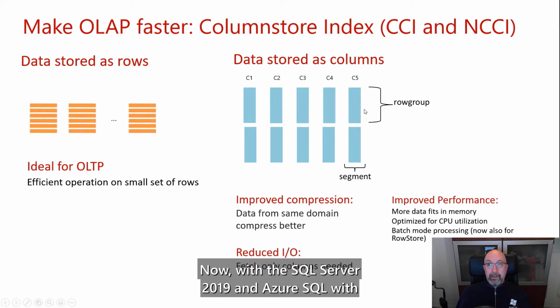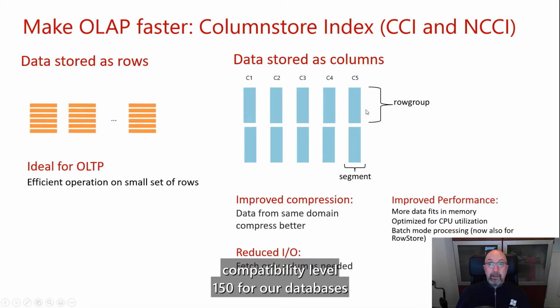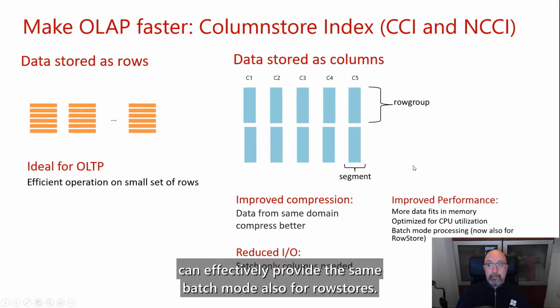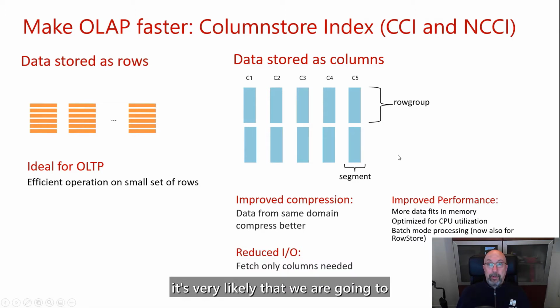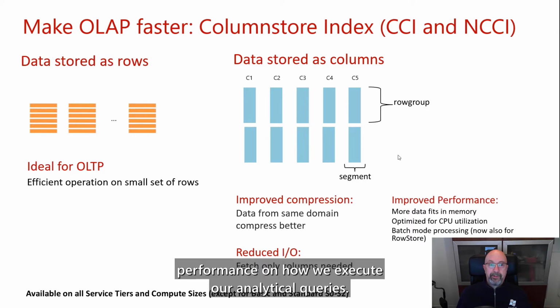Now with SQL Server 2019 and Azure SQL with compatibility level 150 for our databases, we can effectively provide the same batch mode also for row stores. But still, from a data organization perspective, with column store, it's very likely that we are going to benefit from batch mode in terms of performance on how we execute